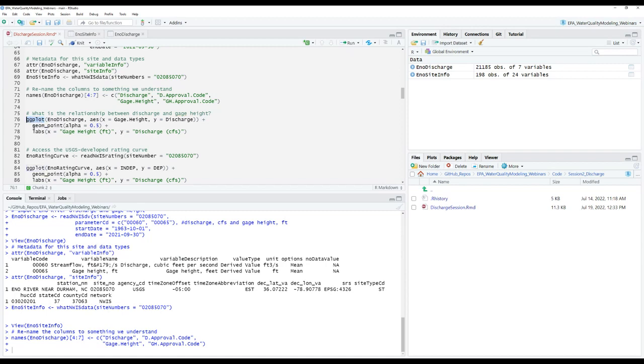So we are going to make a ggplot. This is our function here. We need to supply ggplot with a specific R object. Where are the data coming from? They're coming from discharge. We also need to supply ggplot with aesthetics. What's going to be included in our graph? So in this case, maybe let's make our x-axis gauge height and our y-axis discharge.